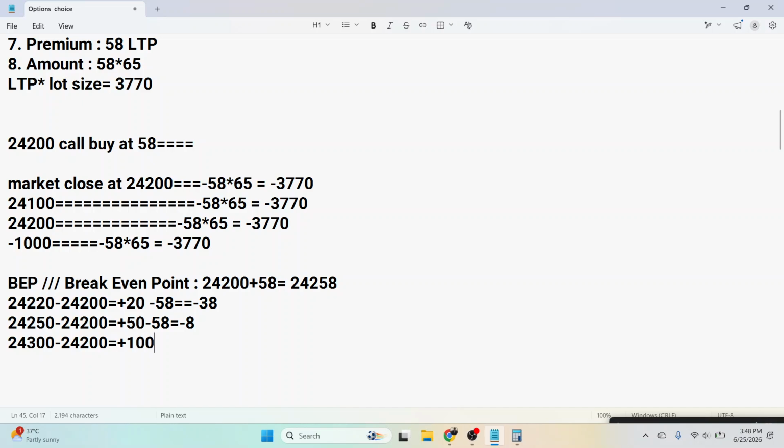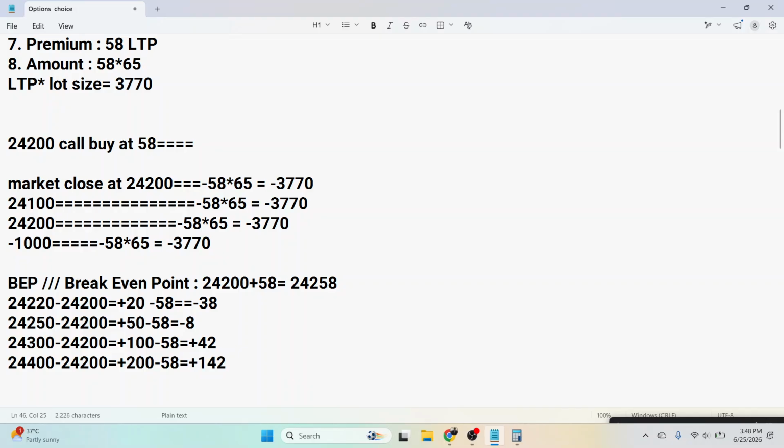यहाँ पर हमें 100 पॉइंट का प्रॉफिट हो रहा है, लेकिन 58 रुपीज़ हमने पे कर रखे थे। ठीक है, तो अब हमारा जो प्रॉफिट हुआ वो कितना हुआ, 42 पॉइंट का। नाउ अब आपको प्रॉफिट होना स्टार्ट हो गया। आफ्टर दैट अब मार्केट अगर और ऊपर जाती है, 24,400 चली जाती है, ठीक है, अब हमें कितने का फायदा हो रहा है, 200 पॉइंट का, 58 रुपये हमने पे कर रखे थे, तो अब हमें कितना हो गया, +142।